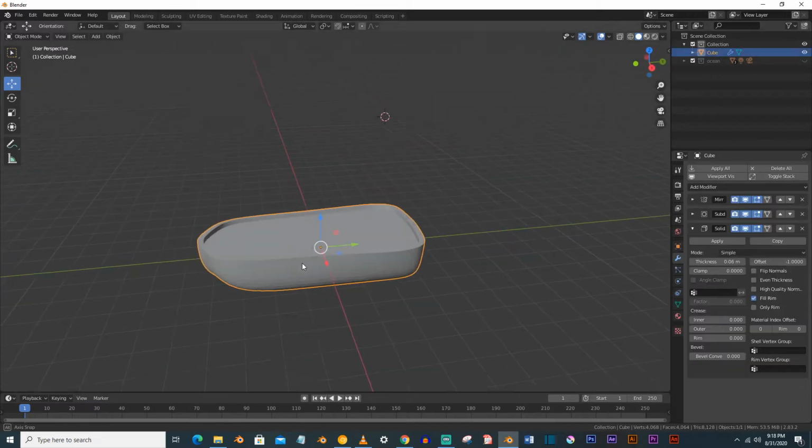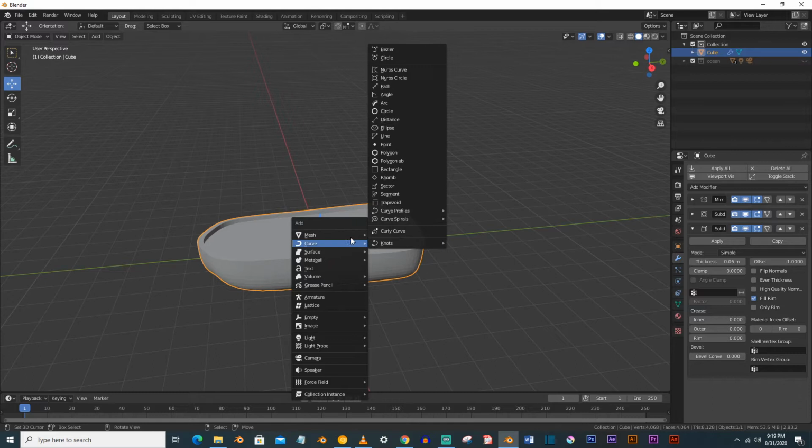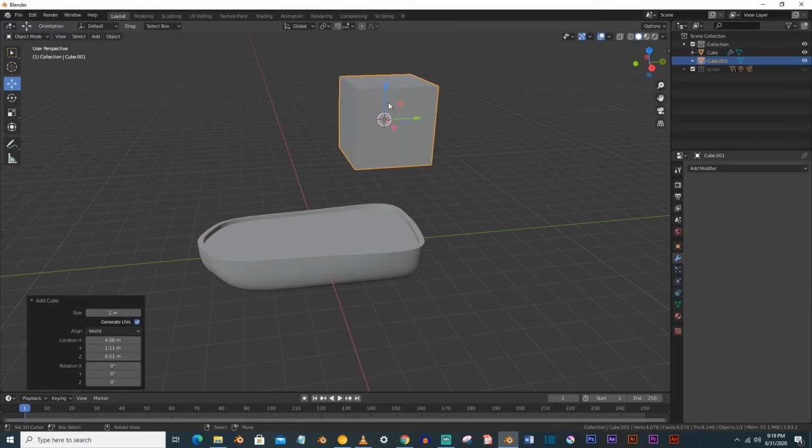This is looking just fine, and just quickly make some more details to it.